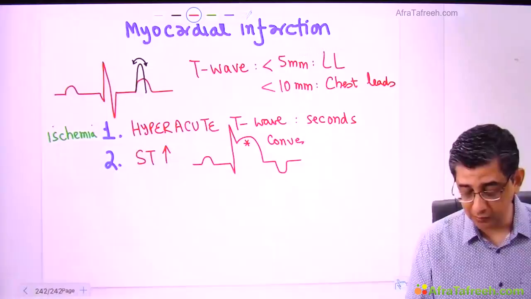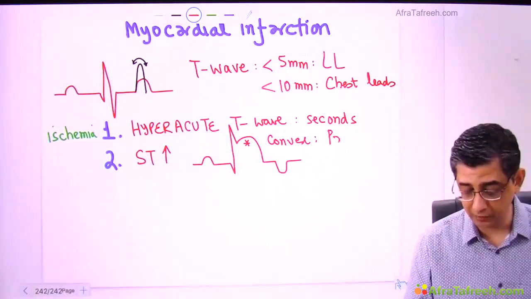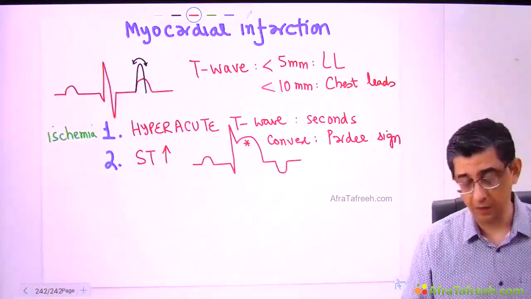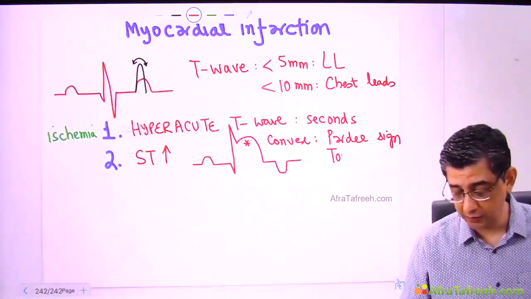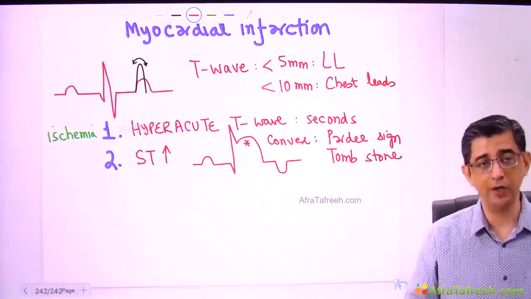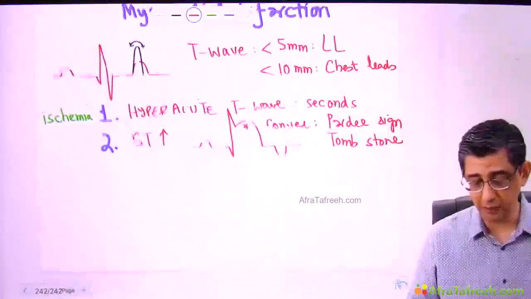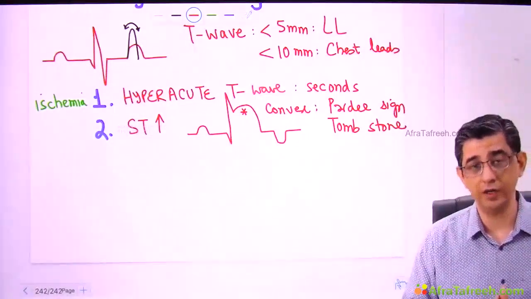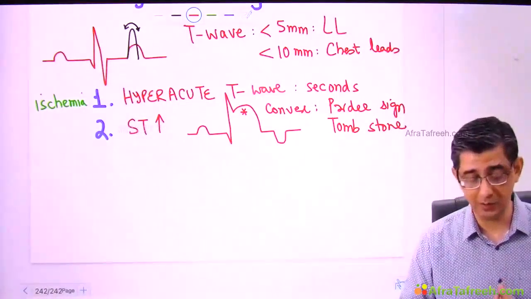So this point must always be remembered, and lots of times in multiple choice questions, he might even put this classical name, the Pardee sign. In some MCQs, an alternate term might be written, that is tombstone pattern. Either of the two, the bad news is that this person will definitely require an angioplasty. That is, we will deploy a balloon in the coronary artery to destroy the thrombus that has caused a substantial obstruction.